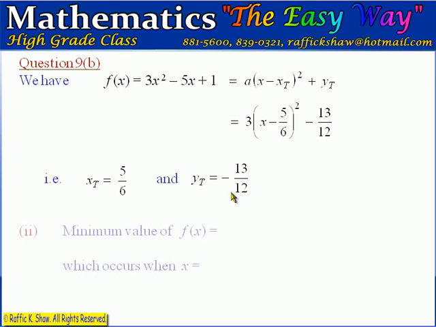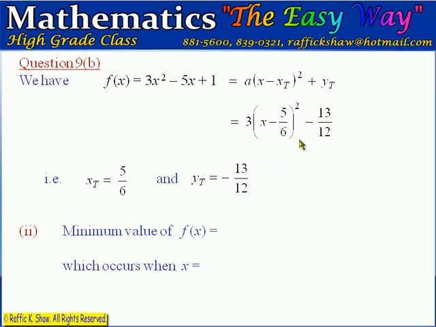And we are required now to state the minimum value of f of x and the value of x for which f of x is minimum. Now this quadratic graph will have a minimum value because the coefficient of the x squared is positive, and so this function can only have a minimum value because the expression here can only be positive, and that minimum value